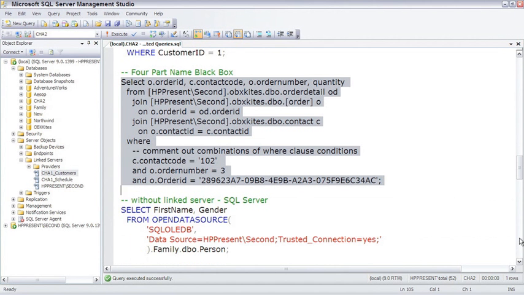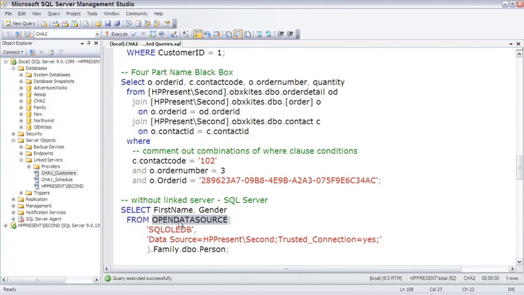All of the queries so far depended upon setting up the linked server, but if you want to do it without setting up the linked server, you can specify information and then use the open data source function. It's a function because it will return back a table, and it can be called as a table, but you pass parameters to it. So to talk about this function, the first parameter is what is the type of provider